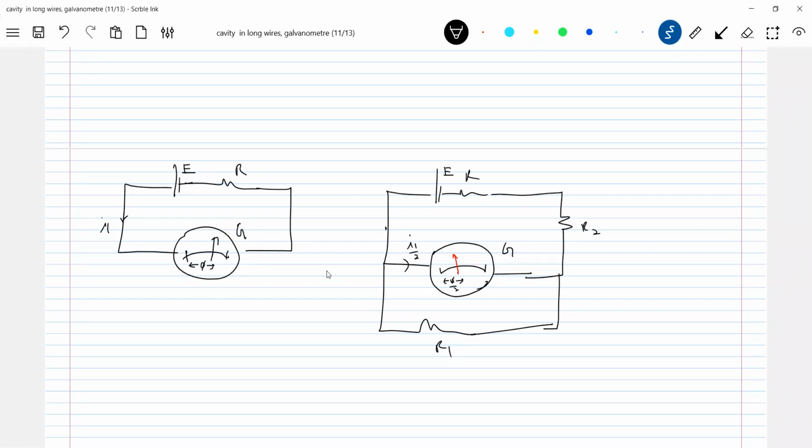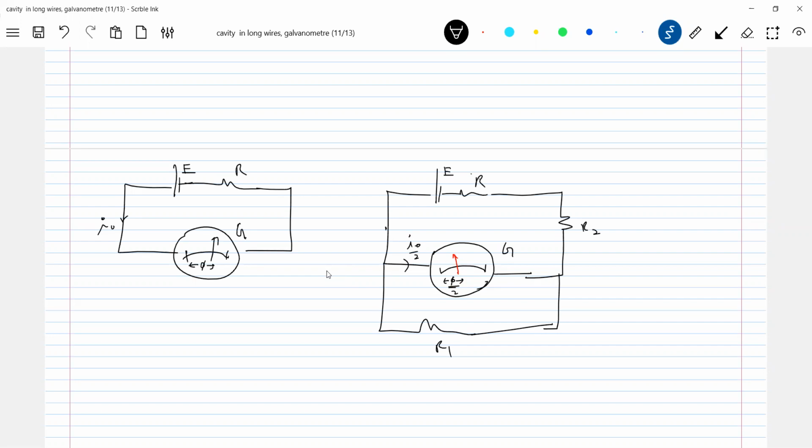Many methods, no? The current through the galvanometer should become half. Earlier it was I1, now it should become I1 by 2. Earlier you said I, some I0, need not be IG. Again, I'm making a rule: need not be IG. Why don't we go for IG? Because it may get damaged if the maximum current flows. So I'll go for I0. A current I0 is flowing. Now I'll make it I0 by 2, so I'll get a relation between R1 and R2. Then I'll ask you to calculate the R1, R2 values. You should be ready for exam questions like this also.